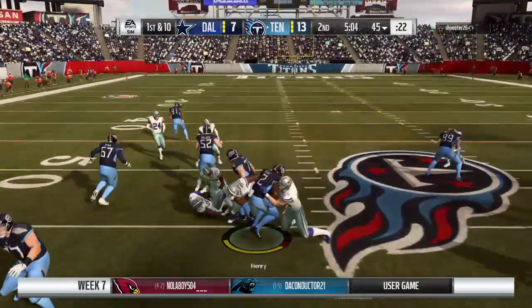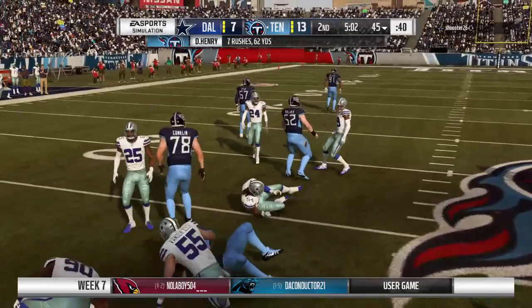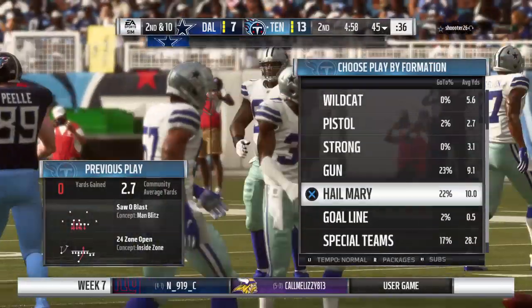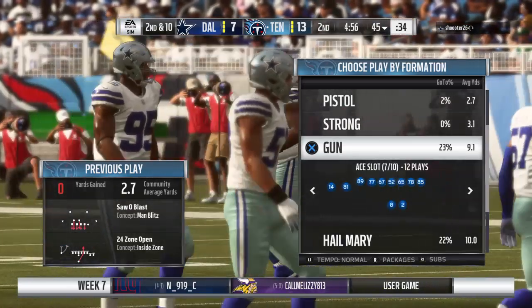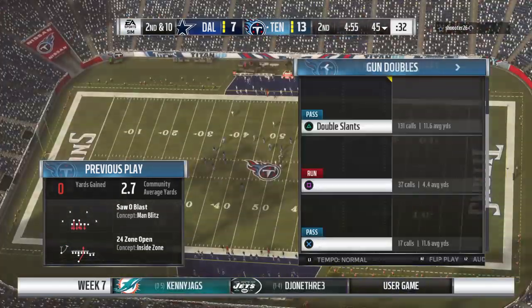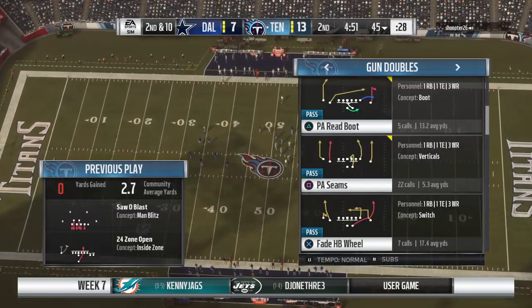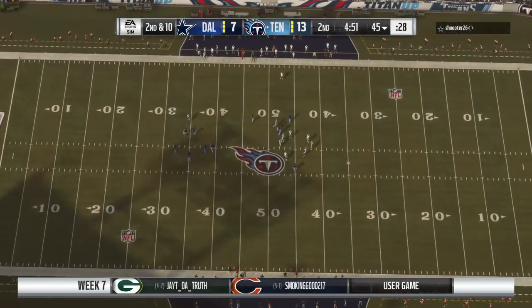180. They'll start on the ground. It's Derrick Henry. And he is met at the line of scrimmage, and he goes down right there. No gain on the play there. 2nd down. Doubling this guy has to be a priority before moving up to the next level because the big